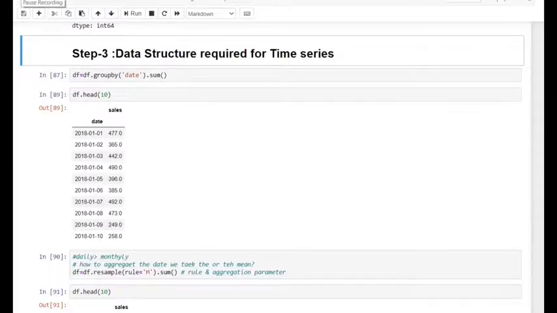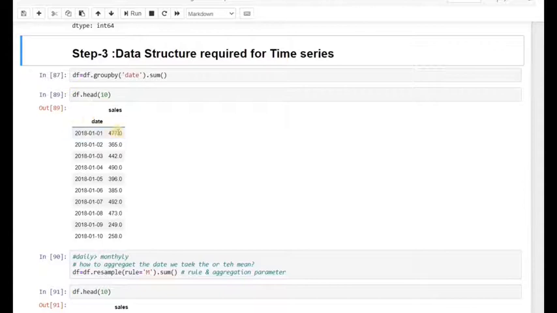Step 3 is the data structure of time series, and it is a very important step for time series analysis because most of the time we have to do some level of aggregation or grouping of the data, like from daily data to monthly data, or aggregating monthly data into quarterly data as per the business requirement.